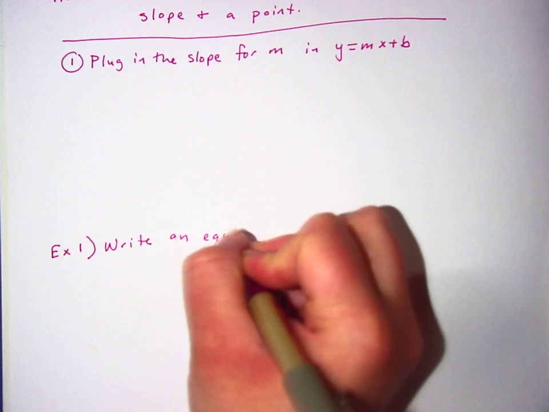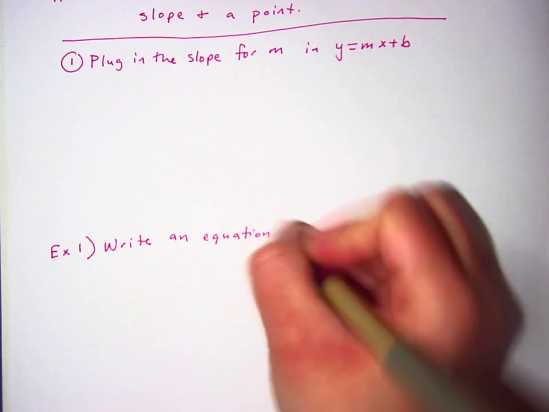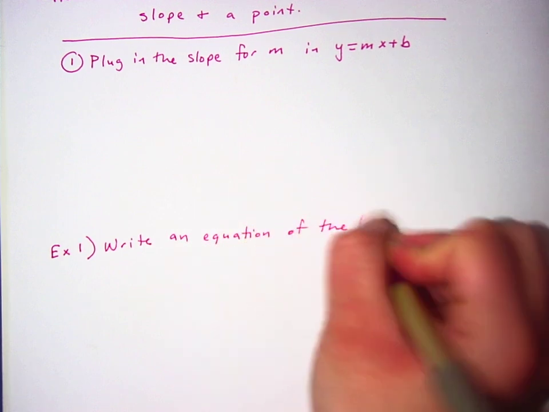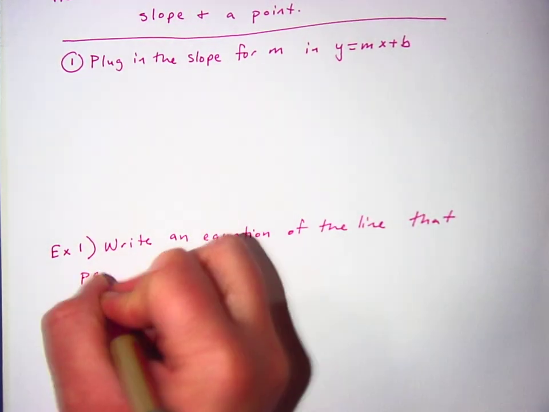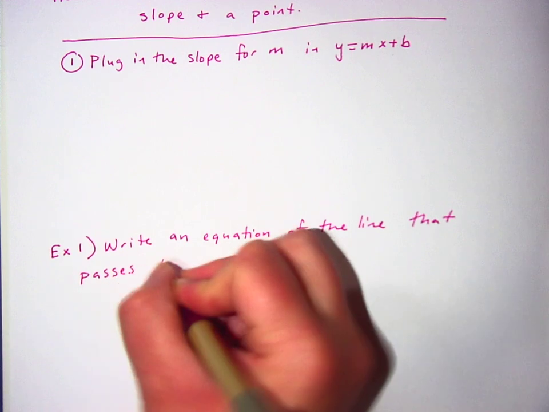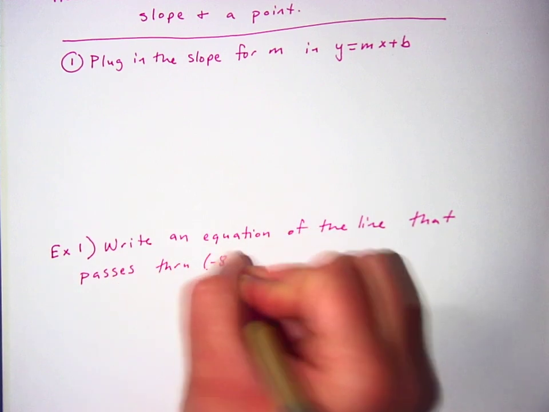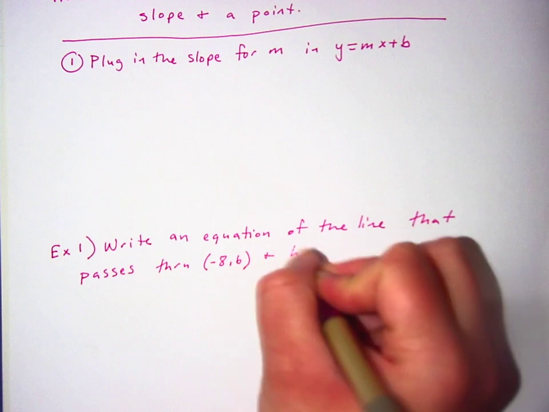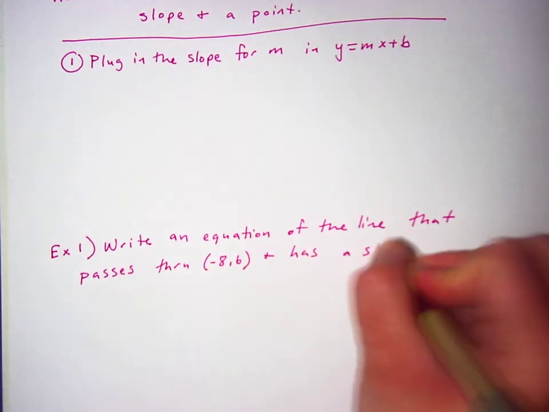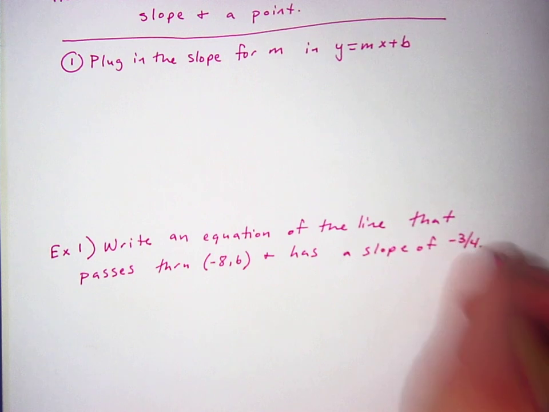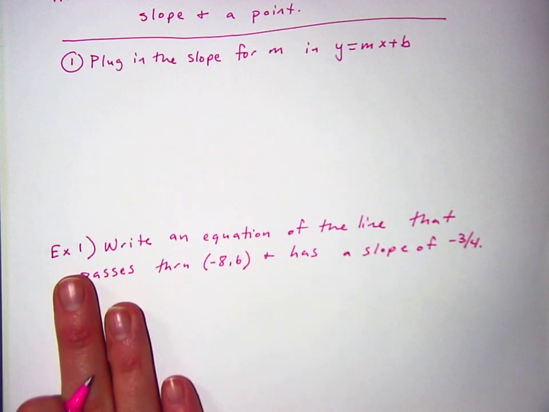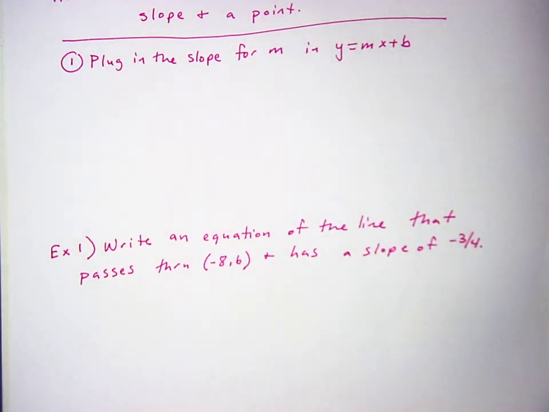Write an equation of the line that passes through (-8, 6) and has a slope of -3/4. Okay,